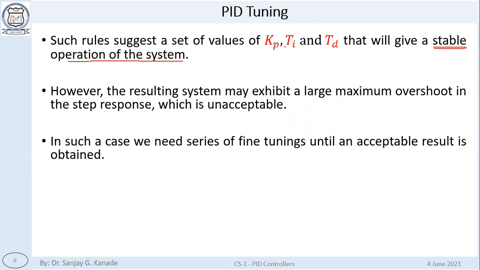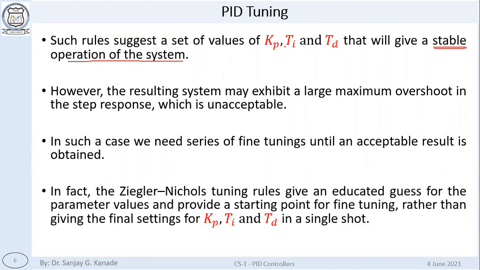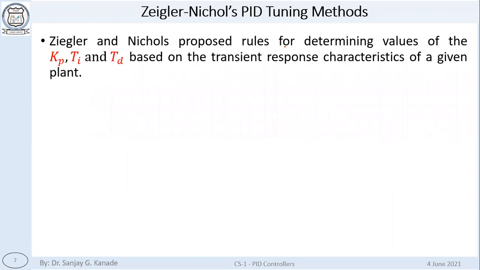The method given by Ziegler-Nichols is not a final foolproof method of getting the ultimate output of the system. What it is going to give you is a good starting point, and then you will have to make certain smaller fine tuning adjustments. Okay, right? What it means is that it is going to give us a nice educated guess for the parameter values, and then we are going to use those for fine tuning. Okay, so